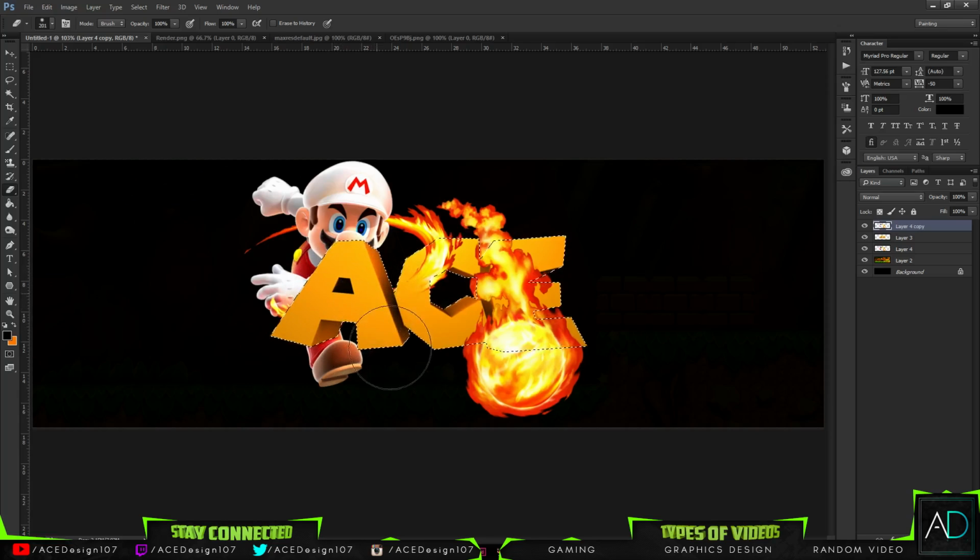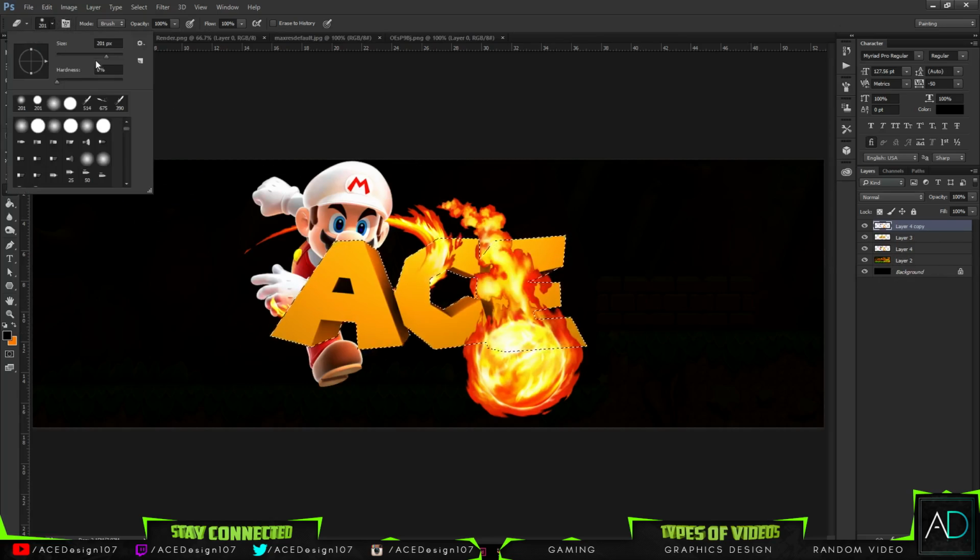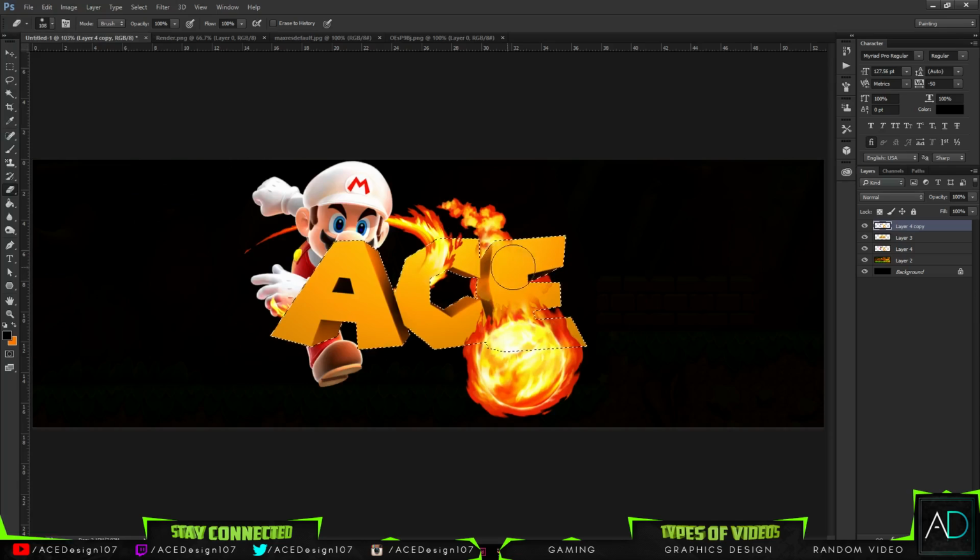Bring this one right up, delete that until we get a flame kind of like this one, and then again on this side we are going to do something like that. Now we can press Ctrl J on this one to make it more visible, so that's what I'm going to do. And I'm actually going to change the size of my brush so I can get a little bit more accuracy, if you know what I mean. Just to get something like this, because that's what I'm really feeling. Okay, so with that,